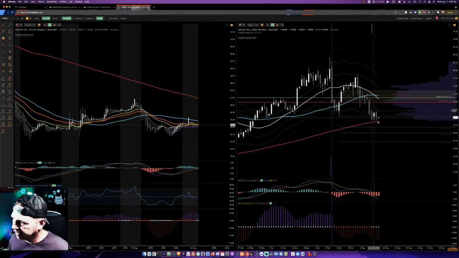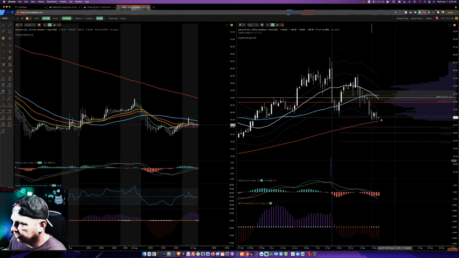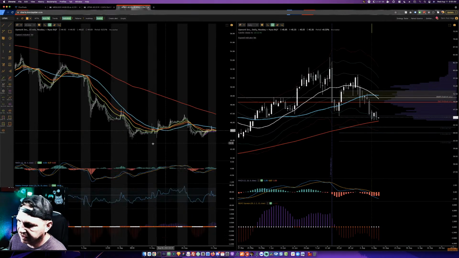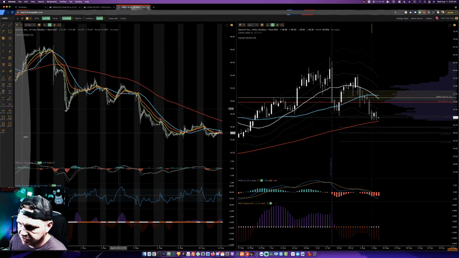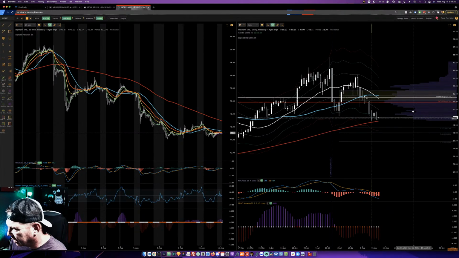I think these are called inside days. I'm not super versed on that. So we need the MACD to curl up and turn basically from negative to neutral to positive. Looking for a slingshot release on our Bollinger Band squeeze. This is all consolidation in a range from 48.59 to 44.34. So if we can take out previous highs at 47, which would break above the 200 SMA, and